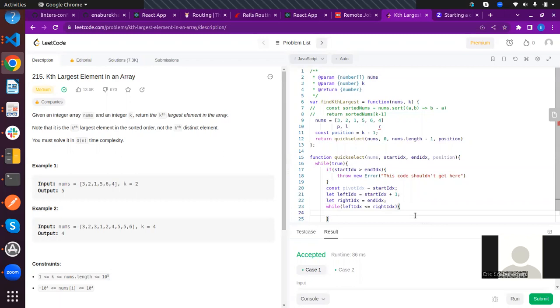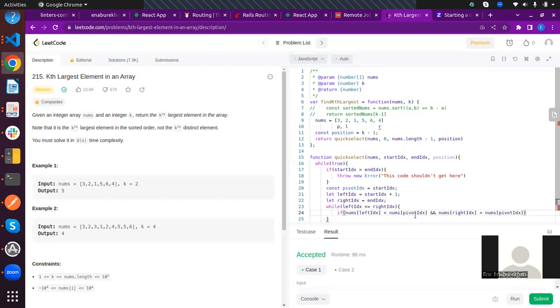I can say that if nums dot left index is less than nums dot pivot index, and nums dot right index is greater than nums dot pivot index, and if this condition holds, then we want to swap